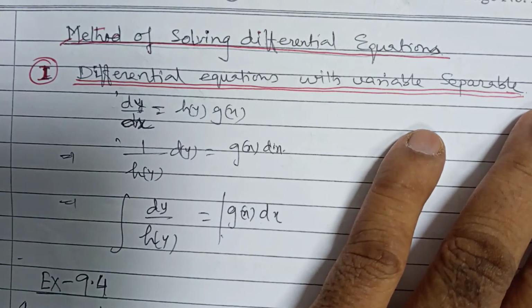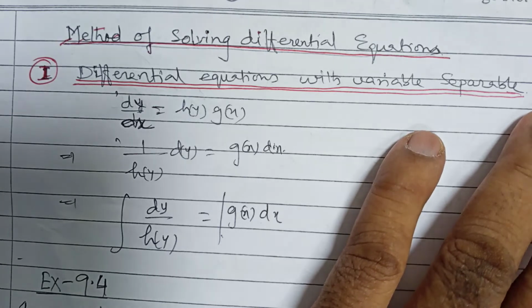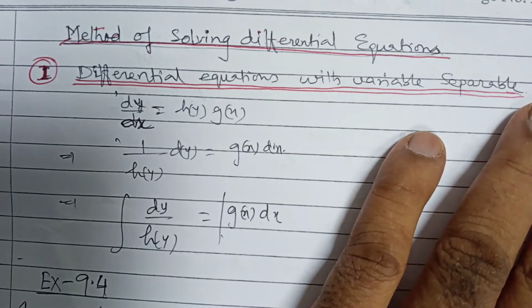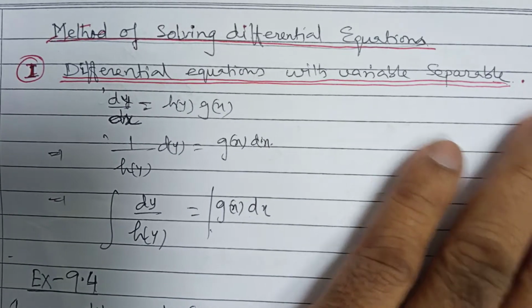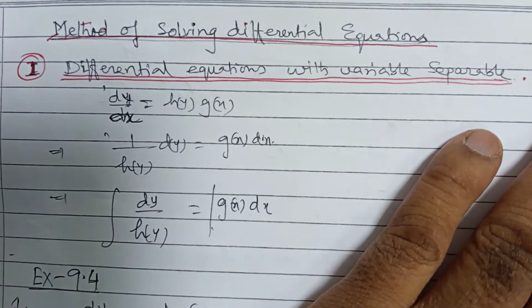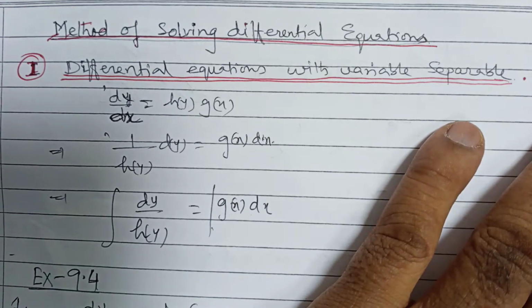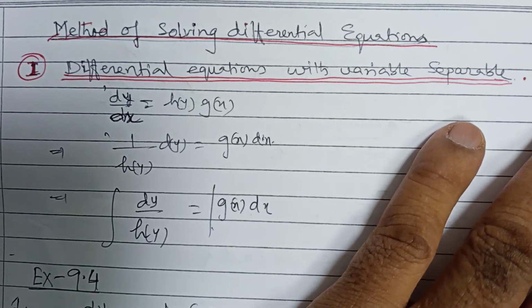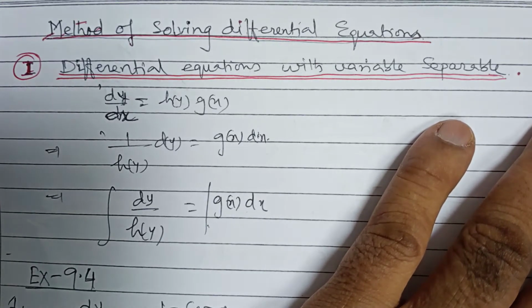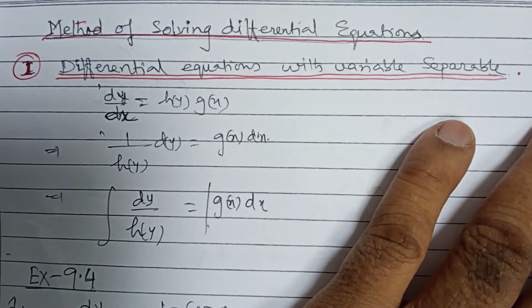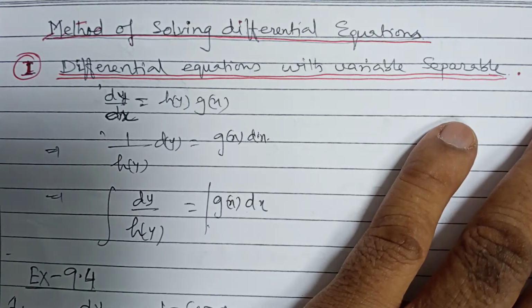of solving differential equations. Previously you had three methods of solving differential equations: one is variable separable, second is linear, third one is homogeneous. But right now the linear is excluded from your portion, so only two methods are left, that is solving by variable separable and solving by homogeneous equation. So two methods, two questions, so it will be easier for you.